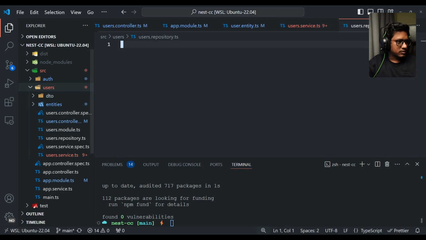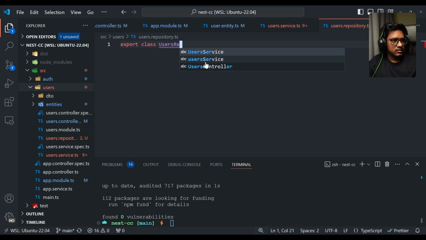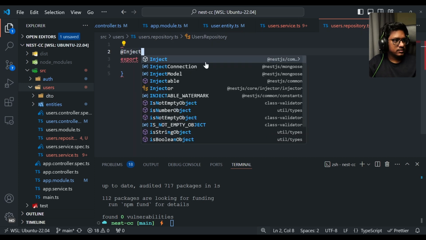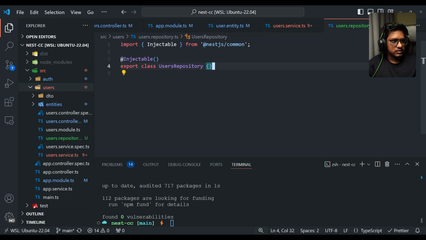Users repository.ts. We'll start with a very basic class definition. Repository. Okay, first let's make this injectable so that we can directly inject it into the user service or any other